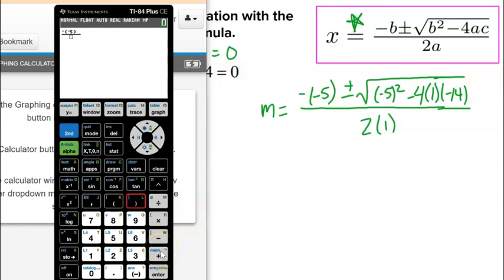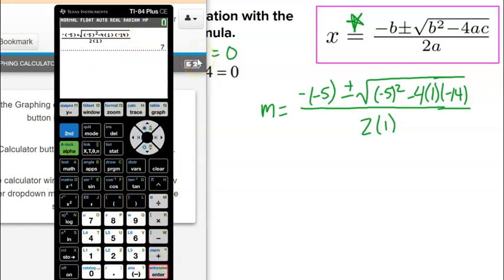And we're going to start by just doing the plus version. So we're going to start with the plus operation. Then to get a square root, we hit the blue button and then the x squared. In parentheses, negative 5, we square it, minus 4, and then in parentheses 1, in parentheses negative 14 to do that multiplication. And then on the bottom, we're going to do 2 in parentheses 1. Once we press enter, we get our